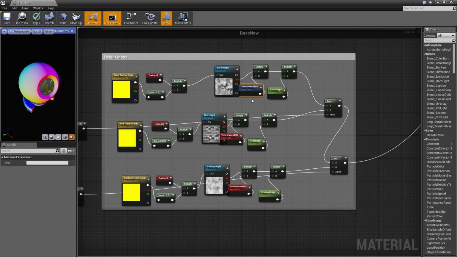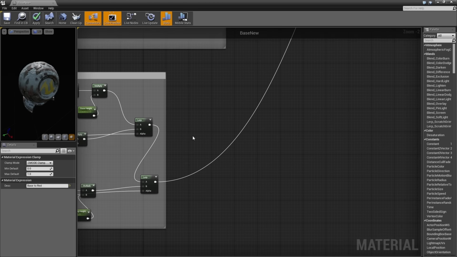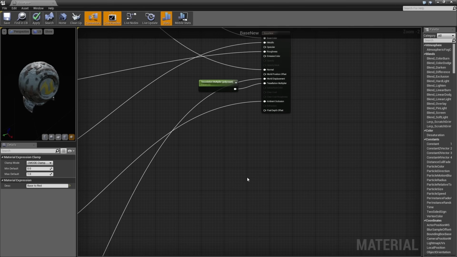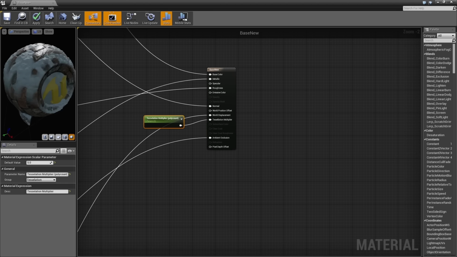So again, we have the world normals. If you don't know how to use world normals for displacement, this is a very easy way to set it up. And then we're lerping them together the same way we were before. So this is just using the height maps, and they're plugged into the world displacement, and then the tessellation multiplier, or the poly count. So as you go down,